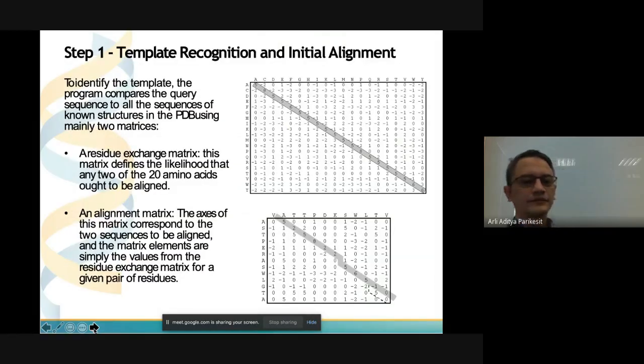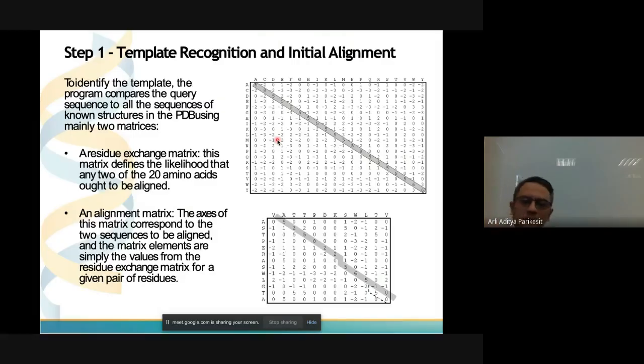Here we will discuss the template recognition and the initial alignment. I think you already learned this in the bioinformatics algorithm course, about the residue exchange matrix and alignment matrix. I don't want to discuss this again.